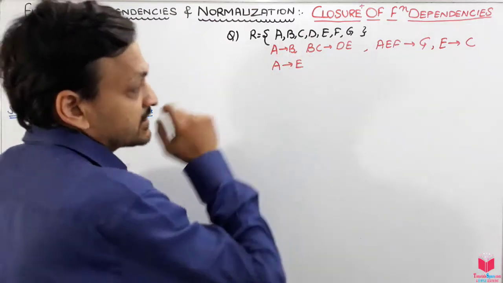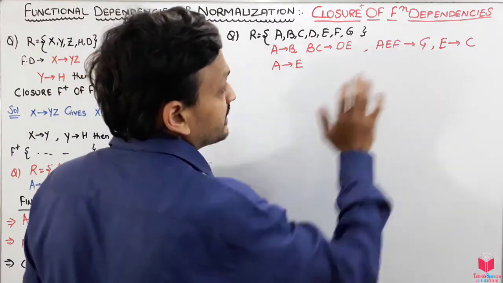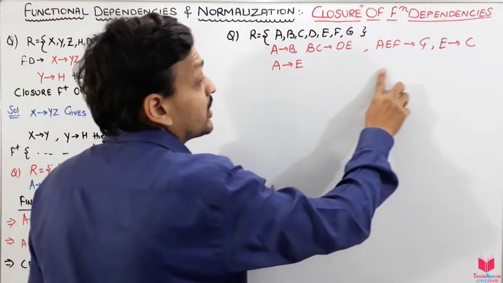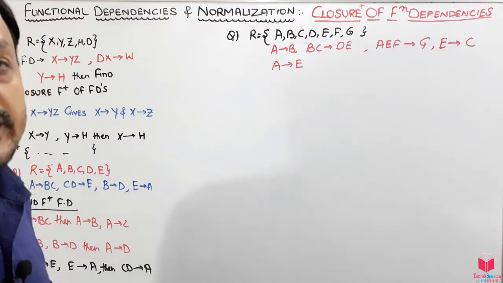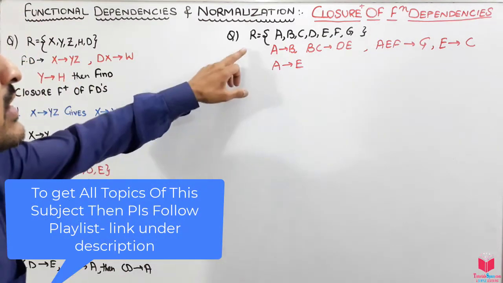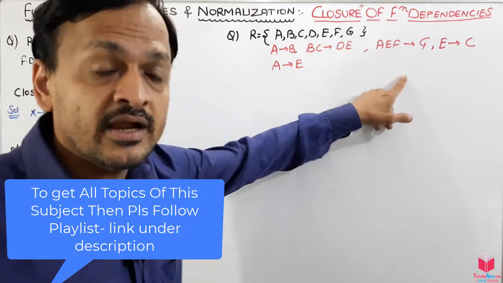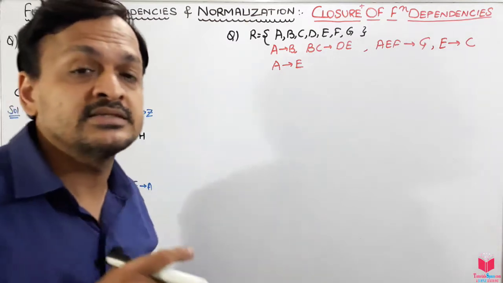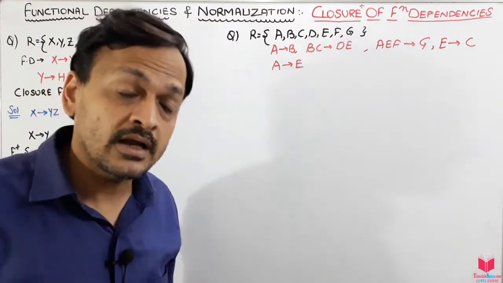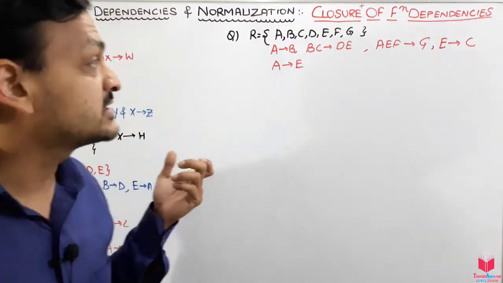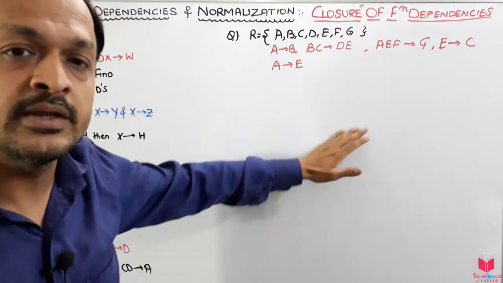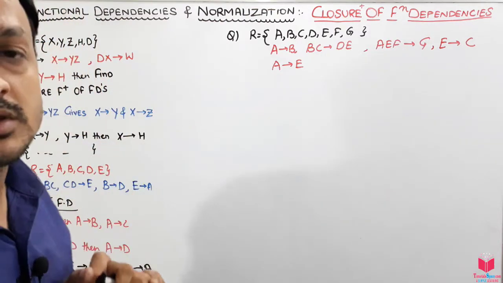Suppose we have some relation, okay guys, and we are given these functional dependencies. If somebody asks to find the closure of functional dependency, it means from these dependencies, what other dependencies can we find out. So we have to use the given dependencies and find the other dependencies by using axioms like Armstrong's axioms or the additional axioms which we already discussed in the previous section. That will be concluded as exactly the closure of that functional dependency.